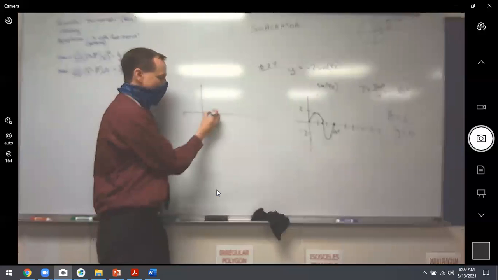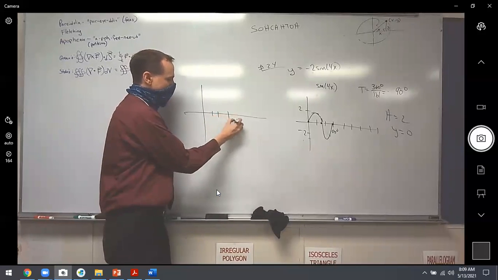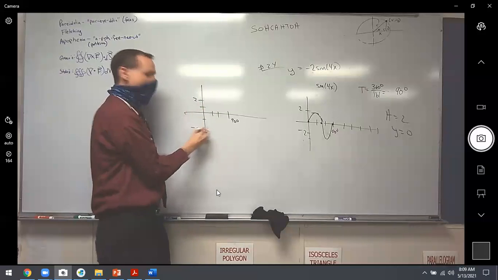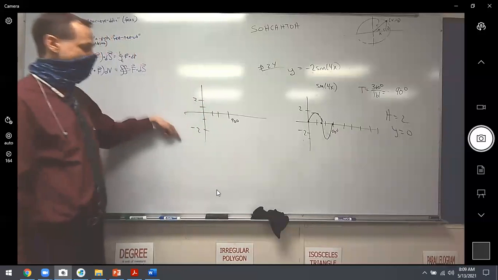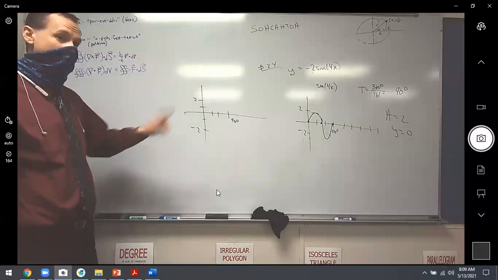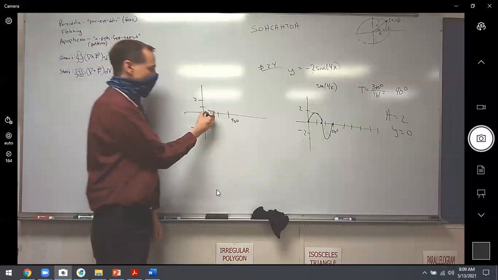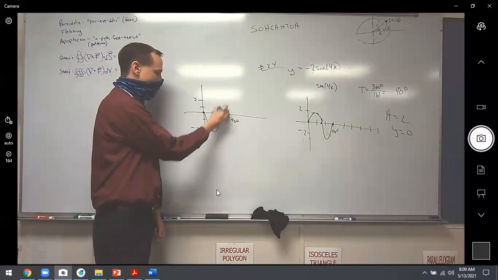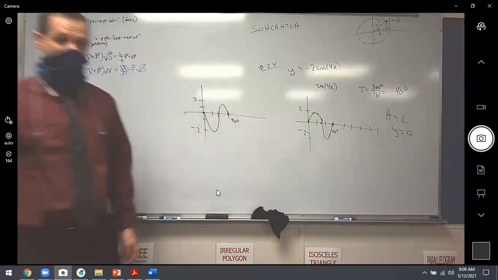On the paper, 1, 2, 3, here's our 90. It's going to go not between 1 and -1, but -2 and 2, correct? And with the flip, it won't be going up and down, it'll be going down and up. So start down here, go down here, come back up here, and as long as you hit that spot where you started at